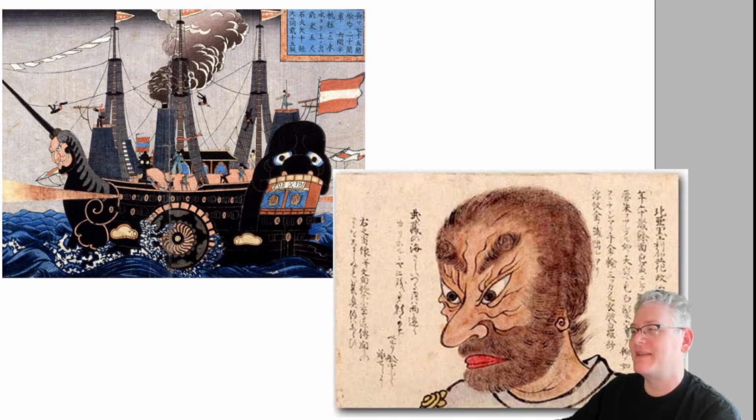One of my favorite things about this whole situation is the perspectives of Japanese upon Americans. The guy right here next to me is supposed to be Commodore Matthew Perry. He is drawn in the style of a traditional Japanese monster. That's why he looks kind of strange. Up there at the top left, that is their ship, which you can see is filled with crazy, creepy monsters and faces, and it looks like it's on fire. The Japanese were not big fans of the Europeans coming in at that time.